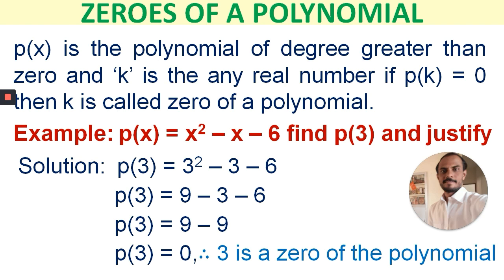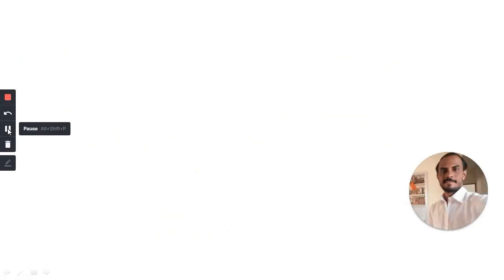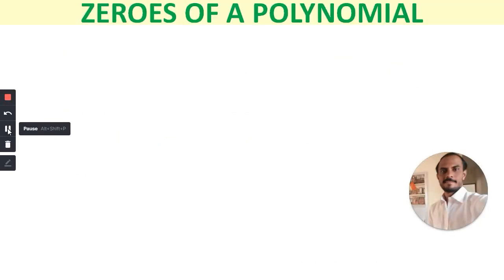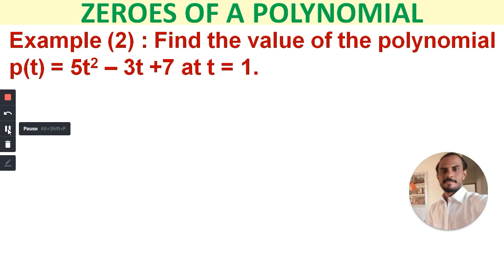See the students, same concept only. What is the concept? Zeros of a polynomial only. We have to discuss the second example, example number 2. Find the value of the polynomial P of t is equal to 5t square minus 3t plus 7 at t